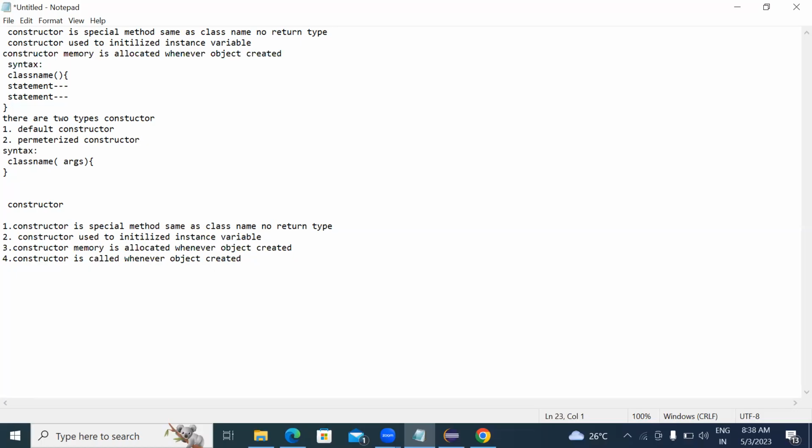Okay, and here we have two types of constructors. You can explain the default constructor and the parameterized constructor. Whenever we are passing arguments, it becomes a parameterized constructor. Whenever we are not passing any arguments, it is a default constructor. The system will create a default constructor implicitly whenever there is no constructor in the class. And when it comes to the